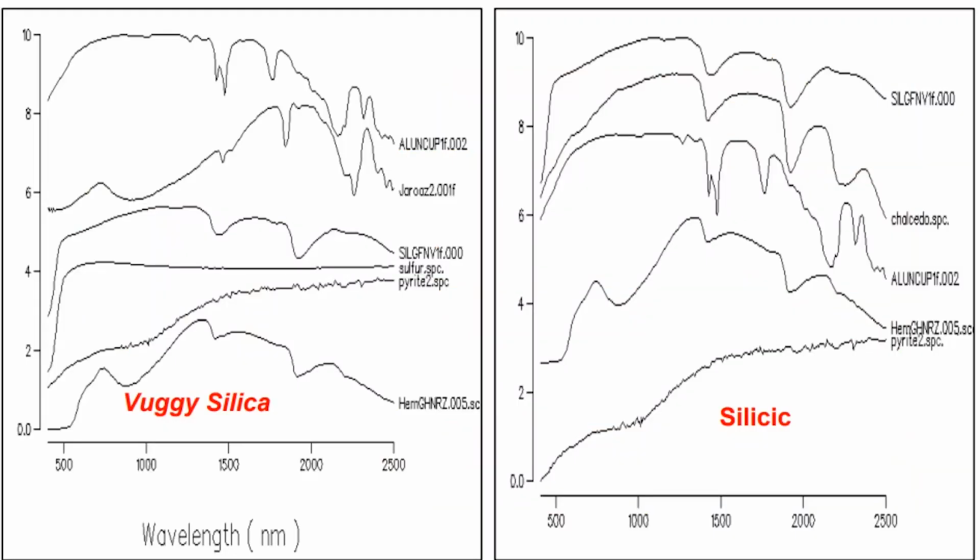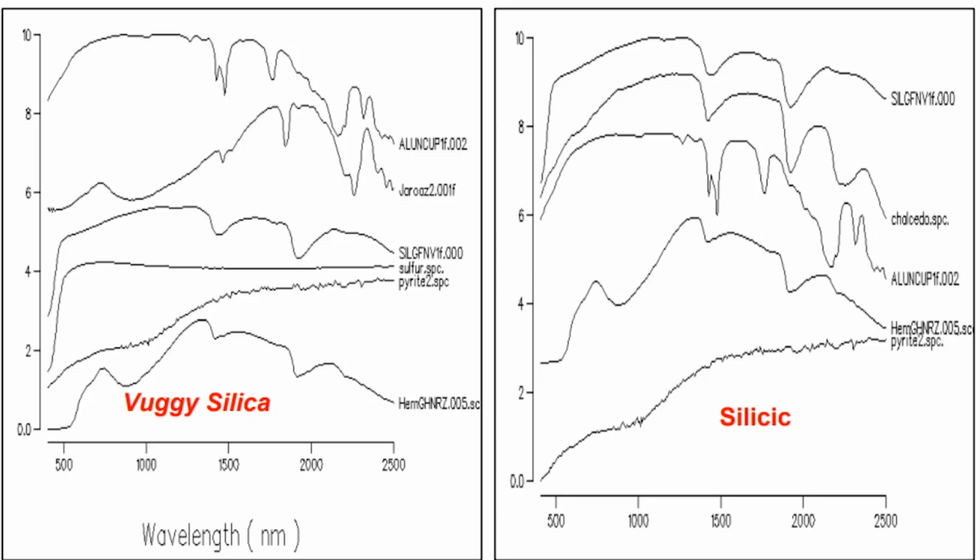So to take a closer look at vuggy silica and silicic alterations, which represent some of the most diagnostic features of high sulfidation systems. Starting with the plot on the left, this shows vuggy silica alteration characterized by assemblages including alunite, jarosite, quartz, sulfur, pyrite, and hematite, in that order. This alteration typically forms along structural zones or as replacement bodies within permeable lithologies, most commonly within the core of